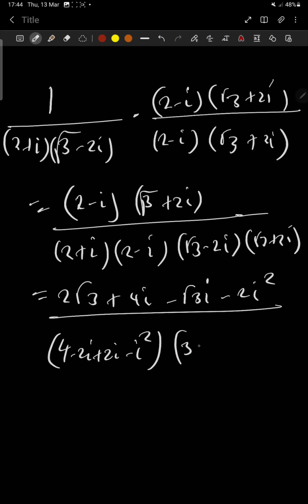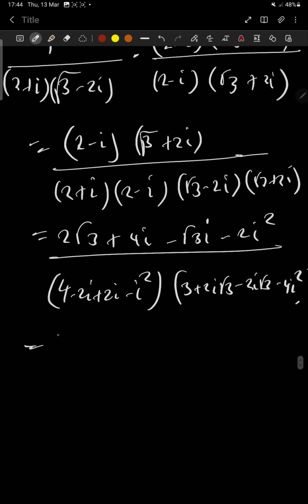Then this will be 3 plus 2i square root of 3 minus 2i square root of 3 minus 4i squared. So i squared is -1, so this will be positive 2 plus 2 square root of 3, plus 4i minus square root of 3i